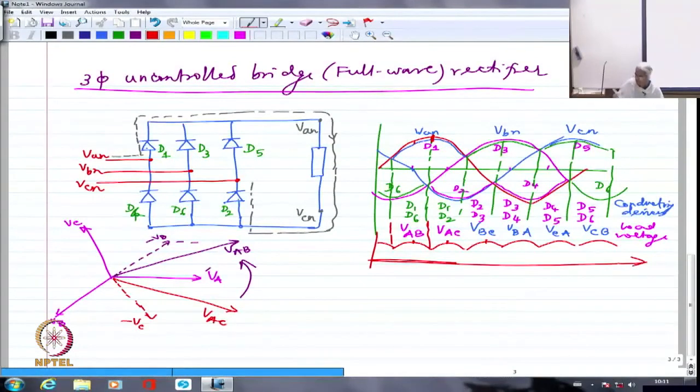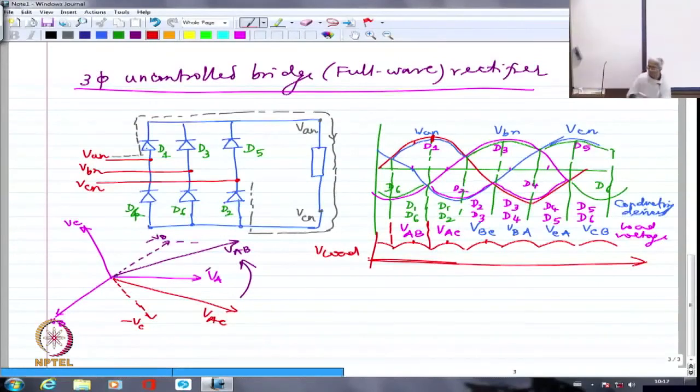So this will be the waveform I would get for the DC voltage of the load. What kind of DC voltage do I get across the load? It will be somewhat like this. This is the point at which VAN reaches its peak, and 30 degrees ahead VAB should reach its peak. I have not drawn anything to scale. VAB definitely has a higher value than VAN, root 3 times, but this is how the waveshape will look. So this is V load.